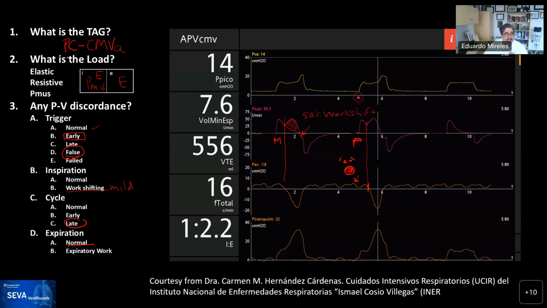So in summary, this is a pressure control CMV with adaptive targeting with mainly elastic load, and a beautiful example of how the esophageal pressure can show what we had read as early triggering, and then one breath actually fooled us because it was a false trigger, leading to an early trigger in this patient. We talked about work shifting and how the quantification would perhaps be 50% of work shifting, and